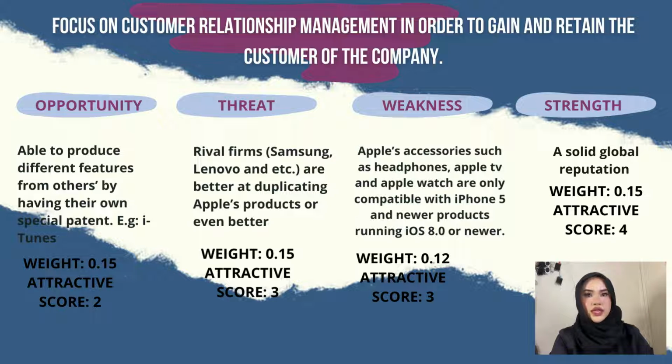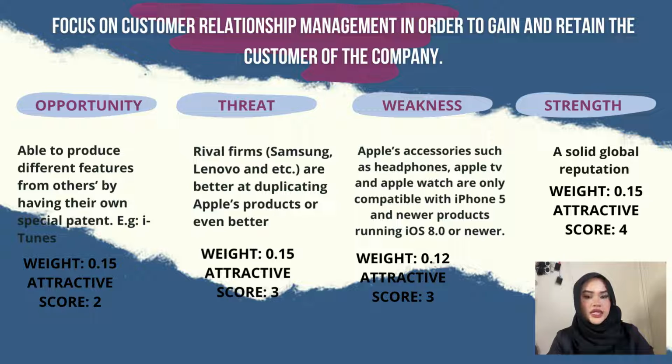As an illustration taken from the second strategy, it was found that Apple has an opportunity in their customers' loyalty with strong sales for every model introduced, which weighs about 0.15 for its concern to the company's performance, and the attractiveness score of 2 indicating that this key factor is moderately appealing to the strategy. This totals up to an attractiveness score of 0.3 to sum up the strategy's impact on the key factor.